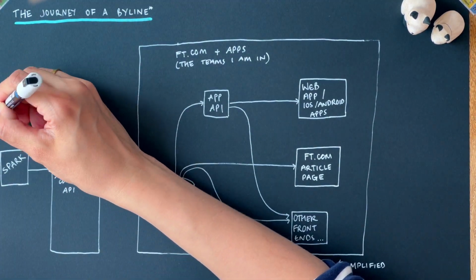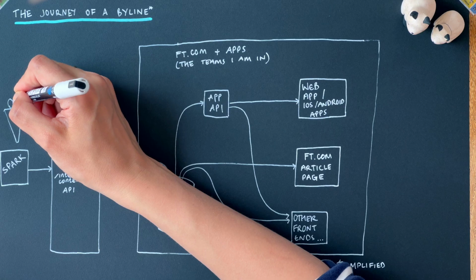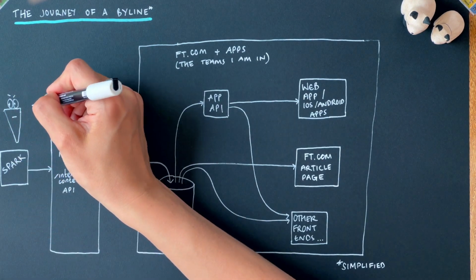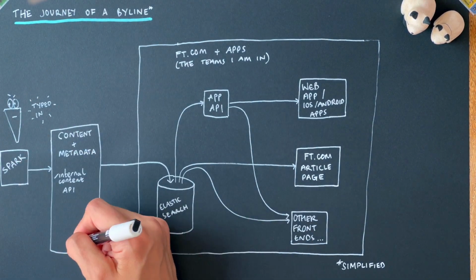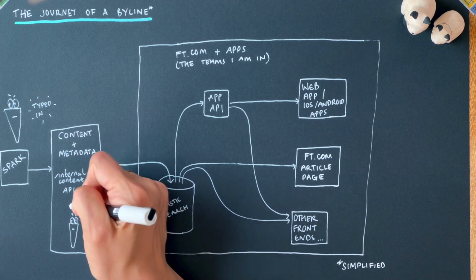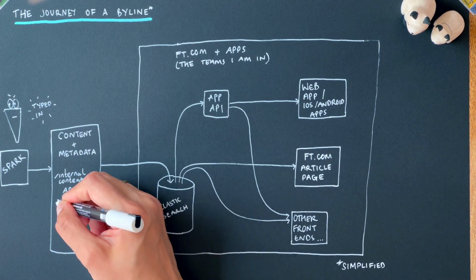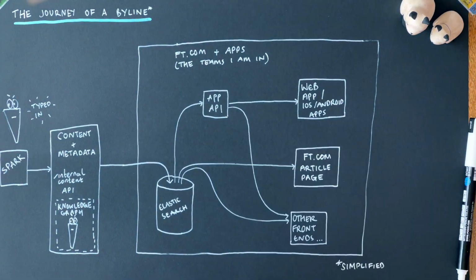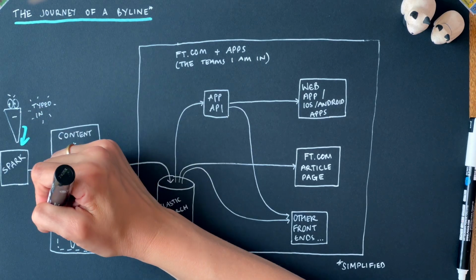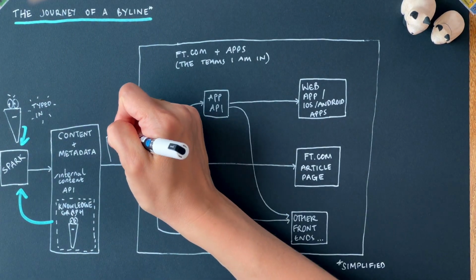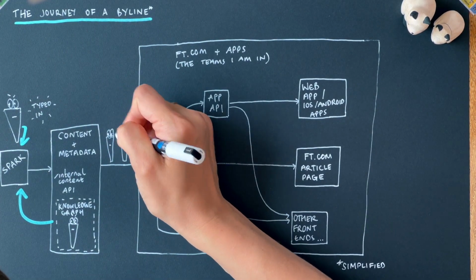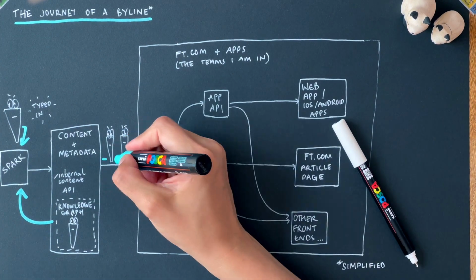So turning now to the journey of our apostrophe, there are two representations of an author name in this system. The first is whatever was typed into the byline, and the second is the author's representation in the knowledge graph, which is part of the content and metadata platform. And in this case, we're going to look at what happens when we put a straight quote into the free text field in Spark. So the Content and Metadata API publishes both of those instances of the name with a